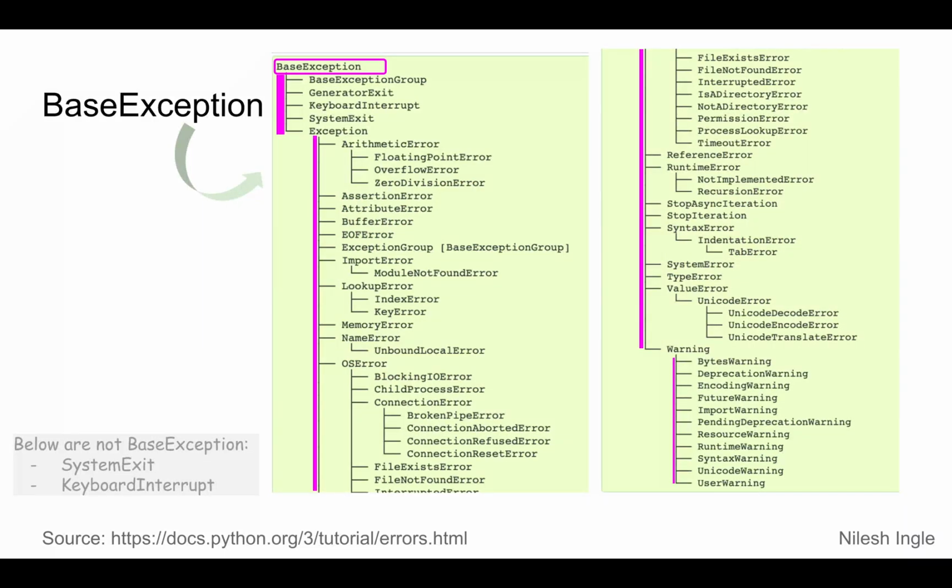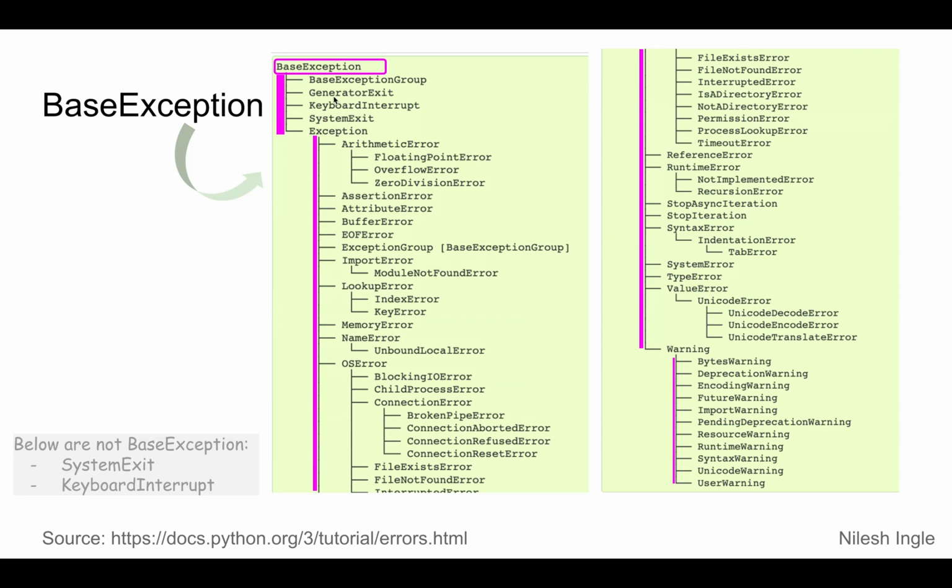And here is a list of exceptions that are listed in the docs. The base exception is the one that is at the top, like a parent class from which all other exceptions are derived. And we can see that from this there are four main classes that are the base exception